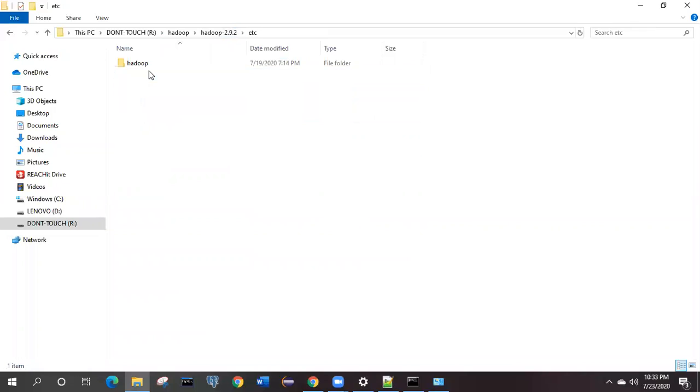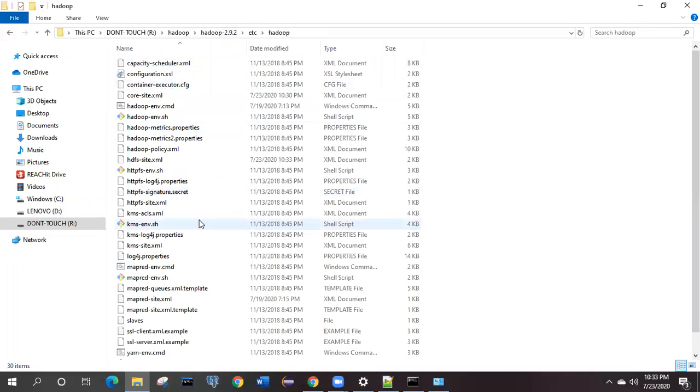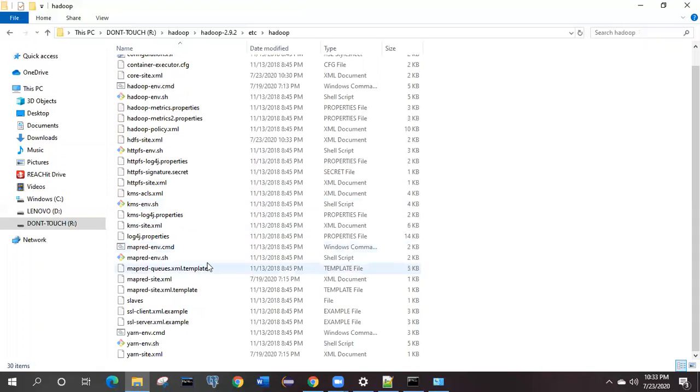What next? The very next thing required is two more property files. Till now we have configured HDFS and core-site along with hadoop-env. The next property file is mapred-site.xml. Initially, you will not be able to find this property file itself. So what you can do is copy this one and rename it like this one. Anyhow, if you are getting these files from my video description link, you can directly copy and paste them over here. So no need to worry.